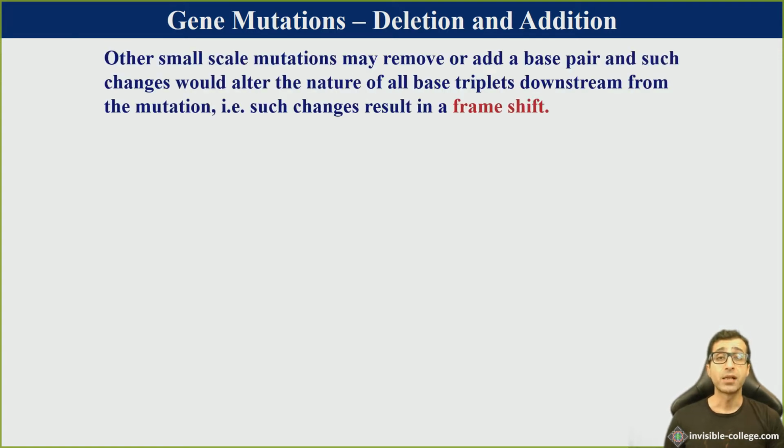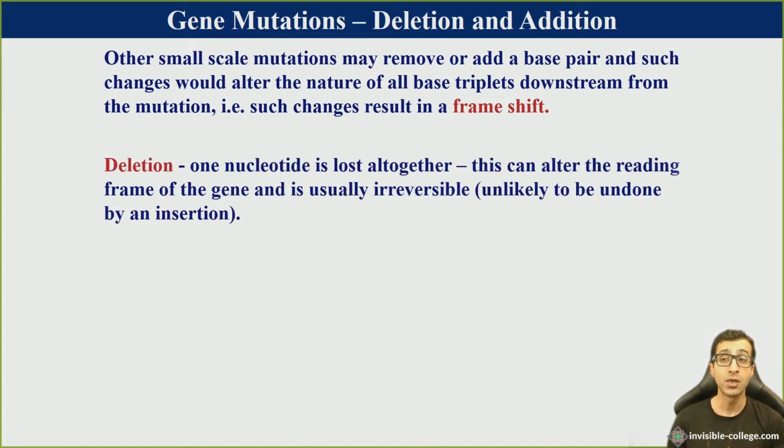So other small-scale mutations may either add or remove a base pair from a particular gene. Now, these kinds of changes would alter all of the base triplets downstream from that mutation. So these are the kinds of changes that result in what we refer to as a frame shift. So one of these types of gene mutations is what we call a deletion, which is when one nucleotide in the gene is lost altogether. And of course, because the nucleotides are read in triplets, this can alter the reading frame of the gene,